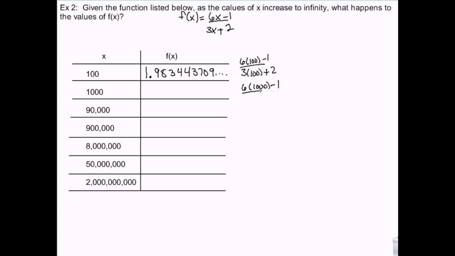And then if we do 1,000, we get the same setup except with 1,000s in it. So that's 5,999 divided by 3,002. And you get 1.998334444 forever. And then if I plug in 90,000,